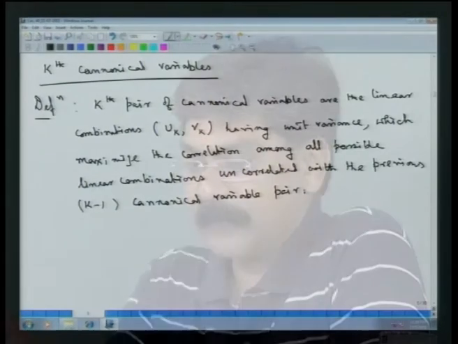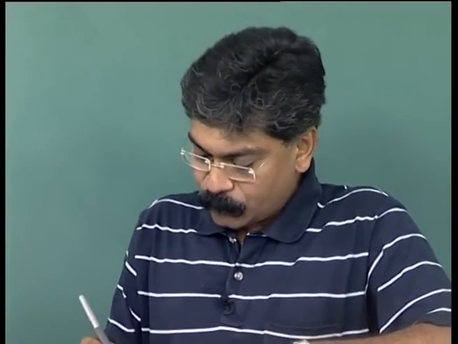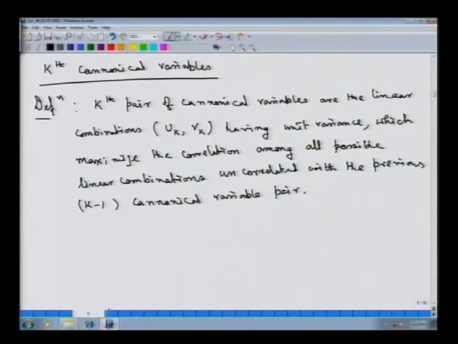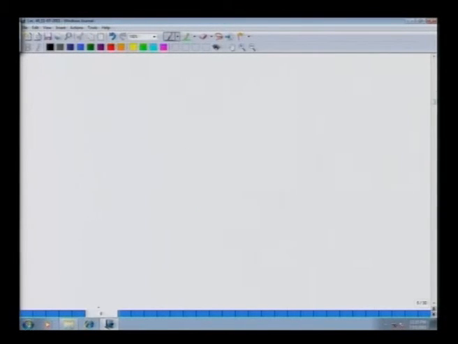Now, we will have to look at what finally turns out to be the canonical variable pairs, and how we can actually get to them sequentially, starting from the first pair and maximizing the correlation, and then moving forward to the second, third, fourth and kth pair of canonical variables. Now, in order to derive the canonical variables, we will look at this structure as before, that this has got